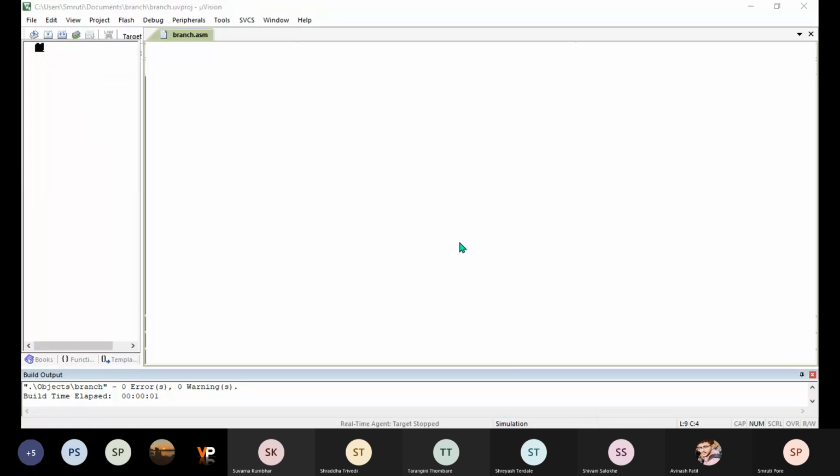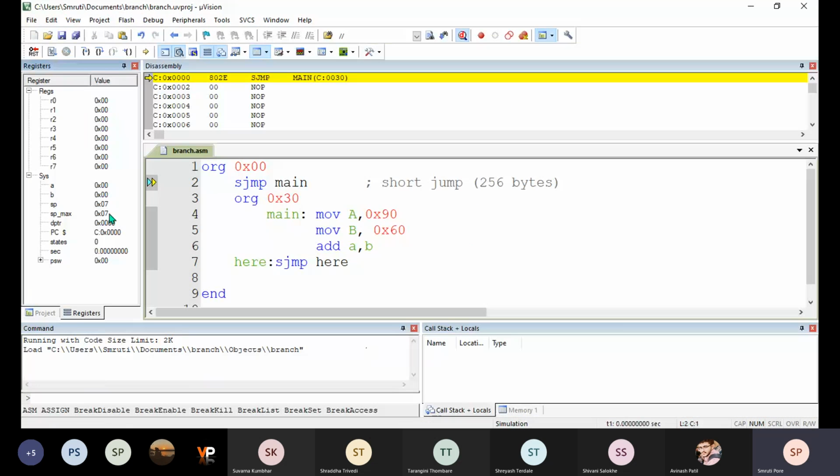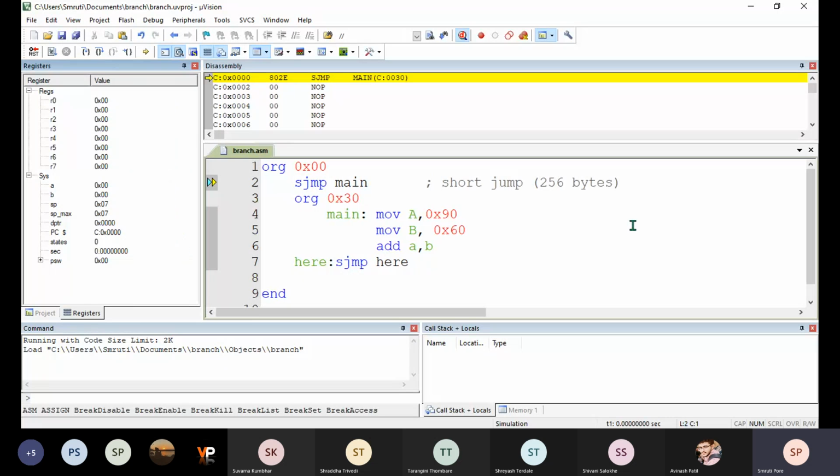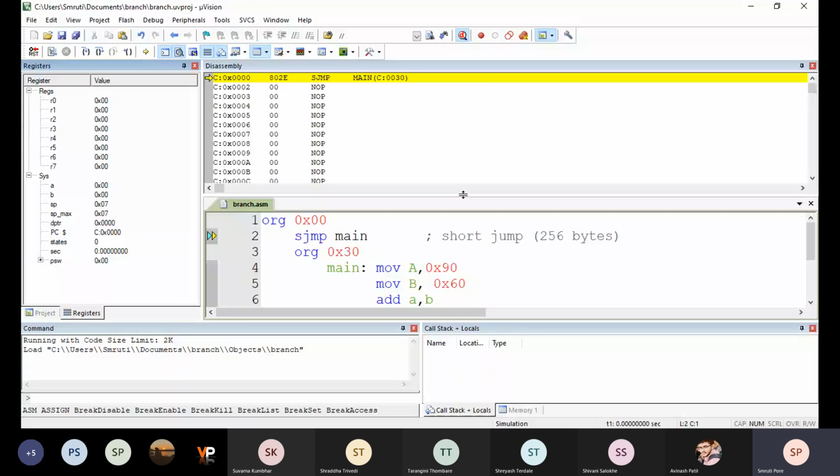Okay, so here now we are interested in the program counter. I will show you the program counter here, and this assembly window also I will show you. In the beginning you are having the disassembly window.